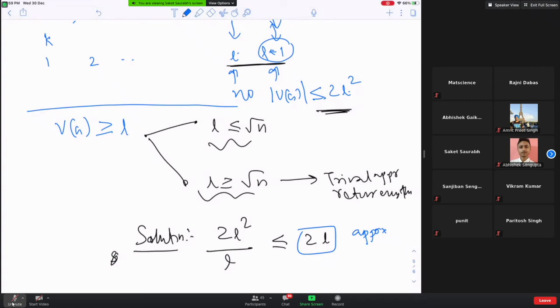So from these two pieces of information, I want to conclude that whatever we have is a vertex cover, and is a factor 2 approximation. The vertex cover size was less than root n. So L was less than root n, so 2L means 2 root n, which is a 2 root n approximation. Exactly. I'm returning a 2L square size solution.